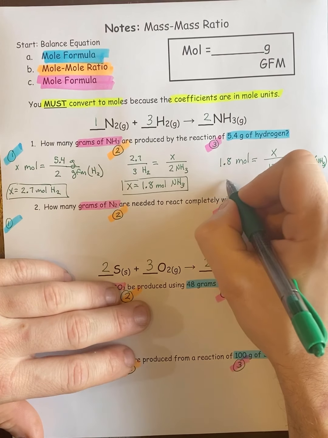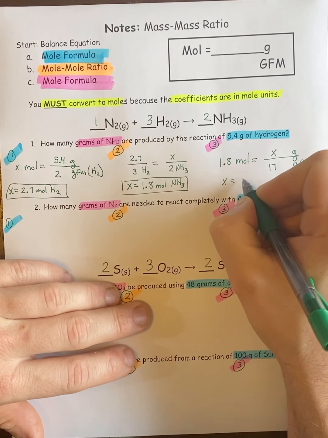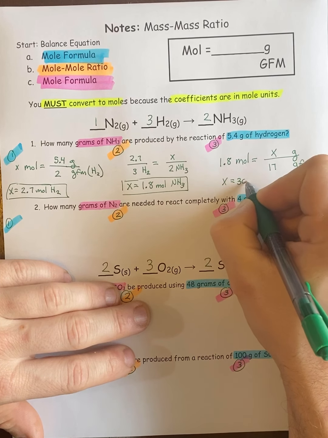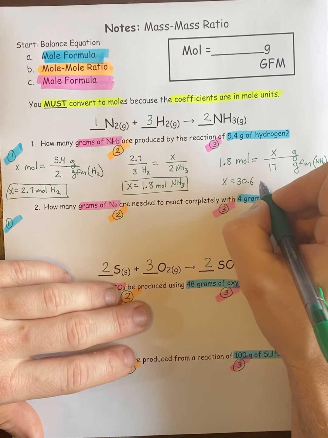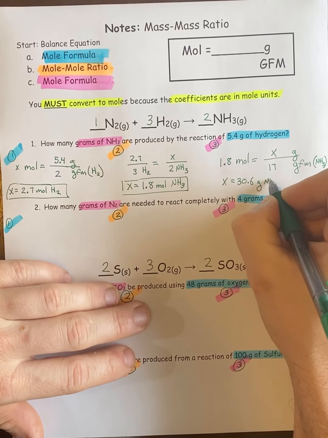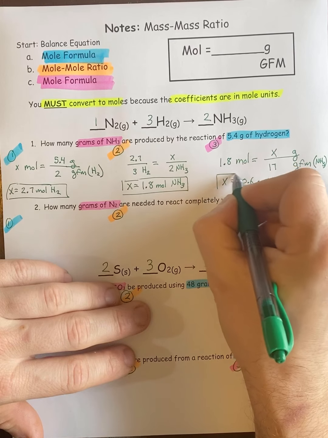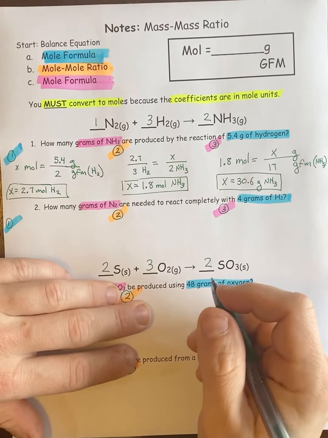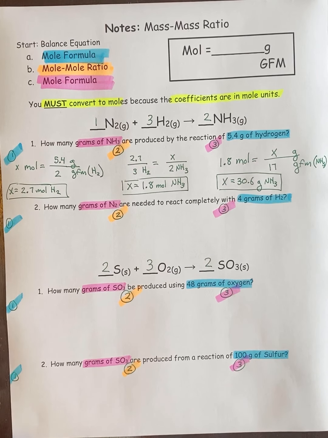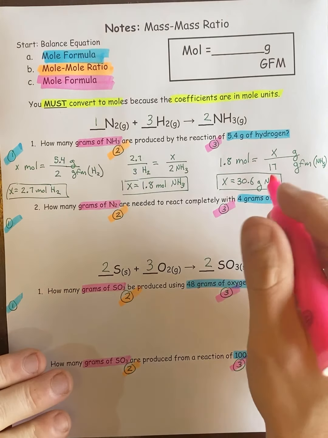So you solve this problem and you end up getting 30.6 grams of NH3, which again,